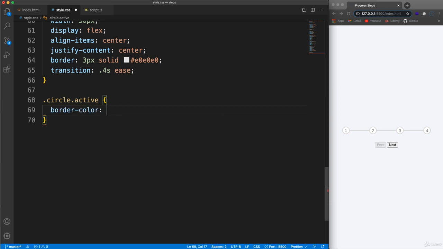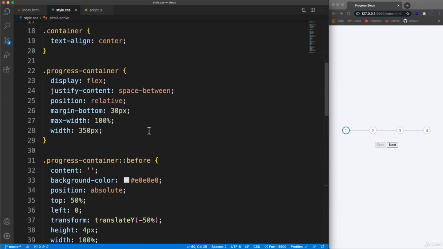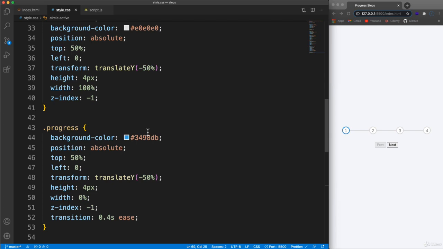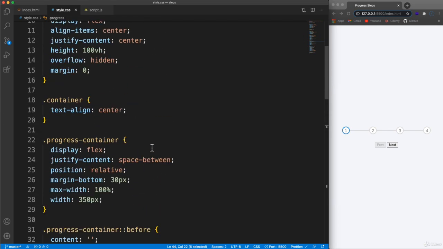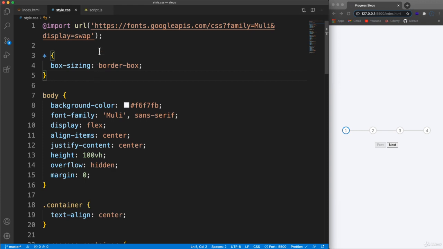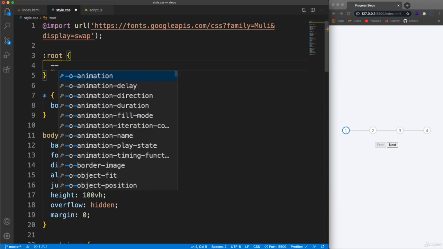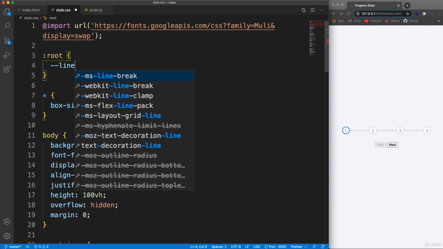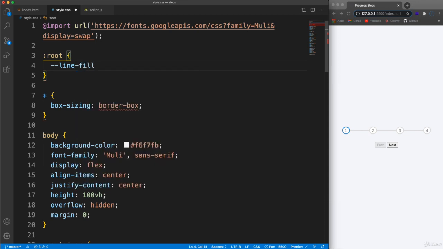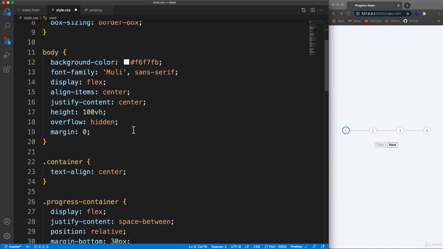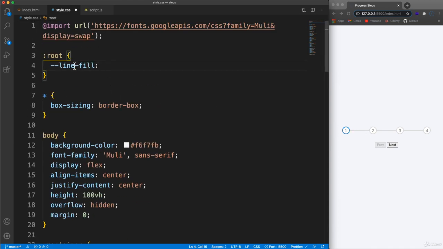color, and let's set that to 3498db, and that should be the same as right here, 3498db. We could actually use some custom properties here. To define custom properties, which are basically just variables, we need a scope. So I'm going to put it on the root scope, and we'll say line, and we'll say line